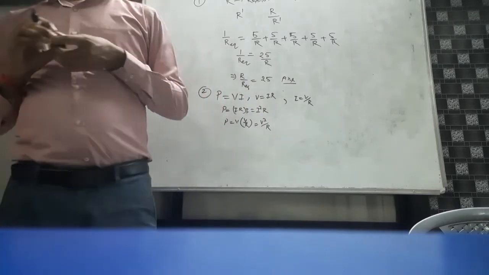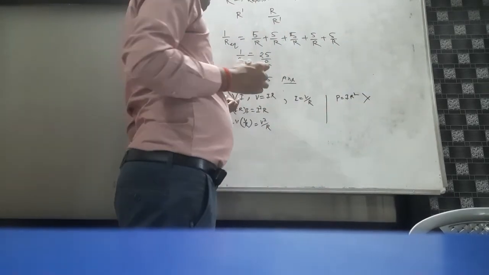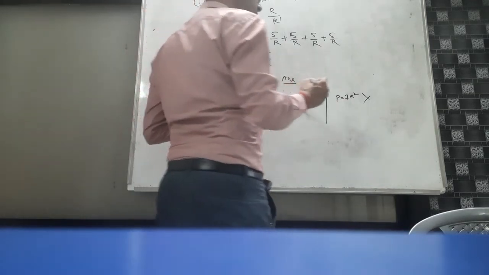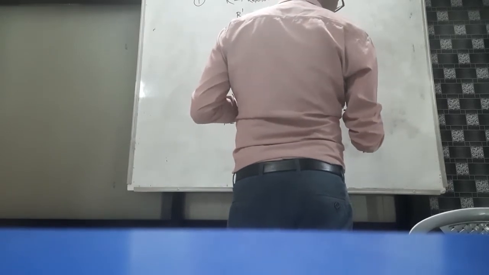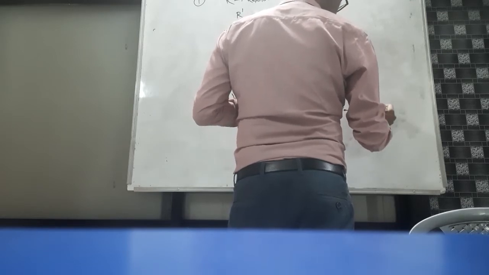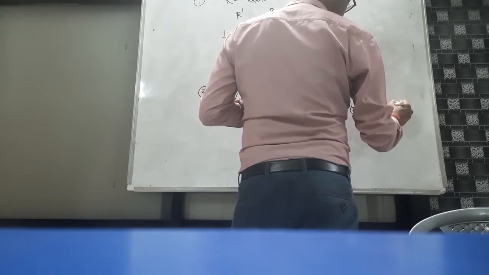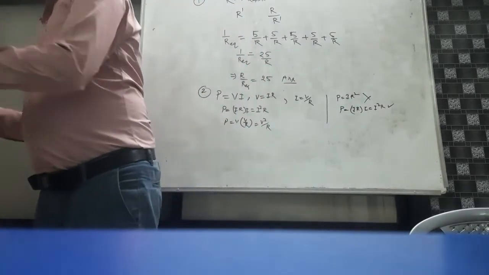Now the third one, option B, says that the expression of power is I R square. It is wrong because P equals VI, and if we replace V, then we get P equals IR into I, which equals I square into R, not I R square. So this one is your correct expression and this one is your wrong expression. Now question number three.